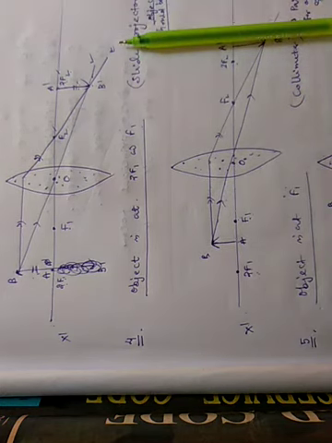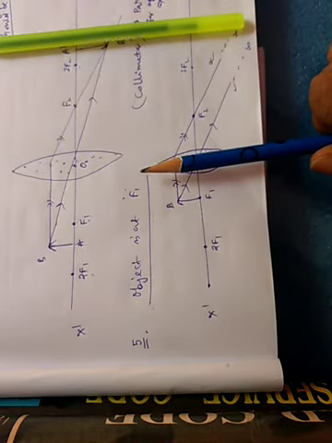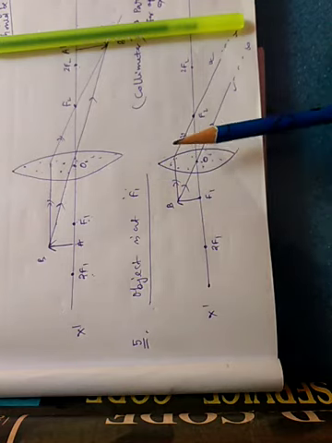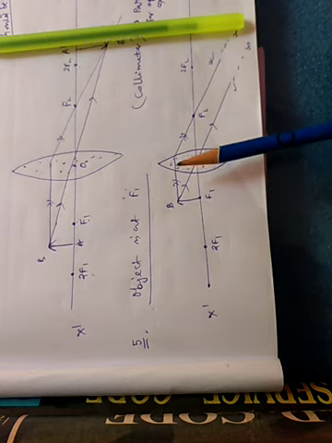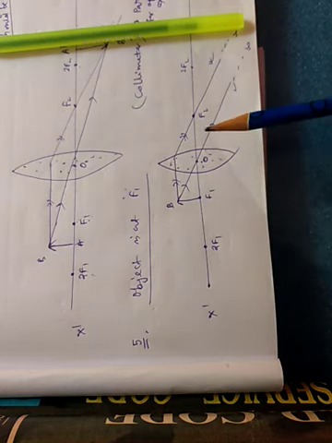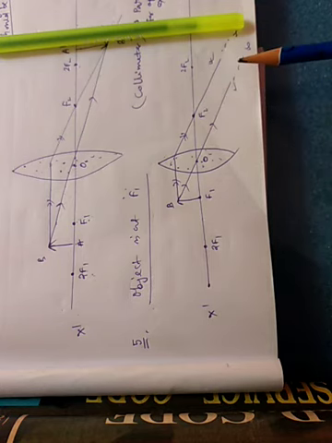Okay. Now the fifth position: the object is at F1. First remember where the image should be formed. Now the image is at infinity. The image at infinity means your ray diagram shows that the refracted rays must be parallel. So keep in mind that your refracted rays should be parallel. Then we will confirm that the image is at infinity.